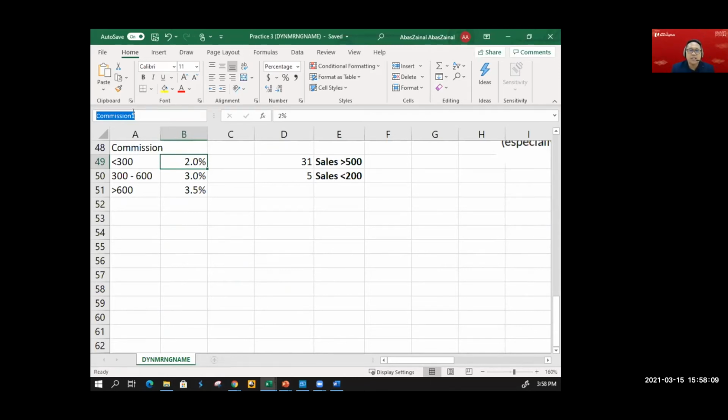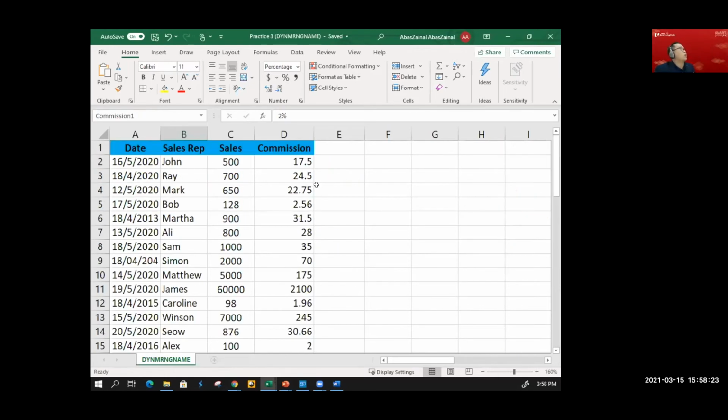Okay, Rashida said that, why do I see hex name? That means to say there is an error in your commission. Invalid reference. Why invalid reference? Because you may have not done the first step by naming each of these columns accordingly. Here you have commission 1, commission 2, and then over here, this particular column is called sales and this column is called sales rep.